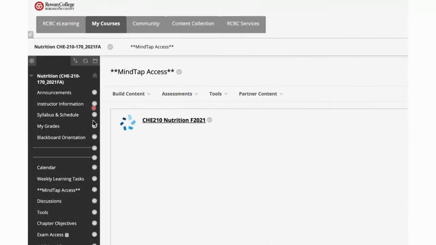When you click into MindTap Access, you should see this screen, and you should be able to click in there. I think it prompts you to put in your identification, your course email, and hopefully you don't have any trouble getting into that and signing in. If you do, reach out to me or